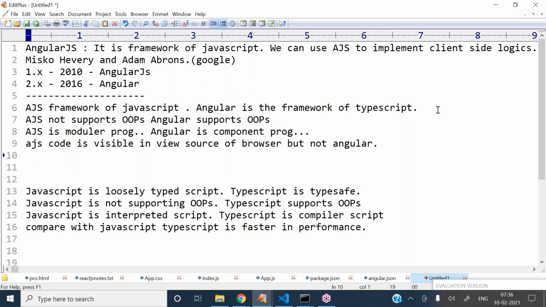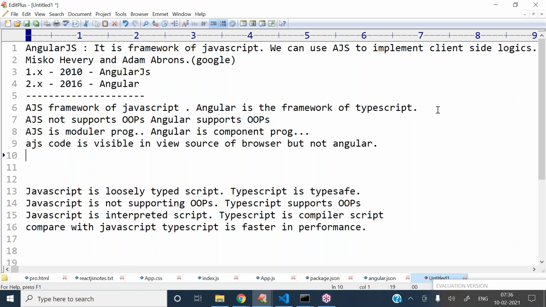If you observe here, all client-side scripts, yes, this script code is visible on the browser. If you right click on the browser and select view page source, that code is available. But Angular code is not available in this view page source.